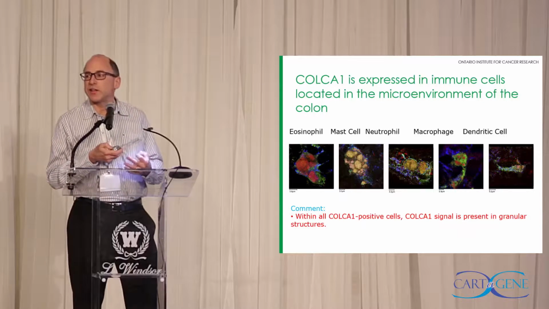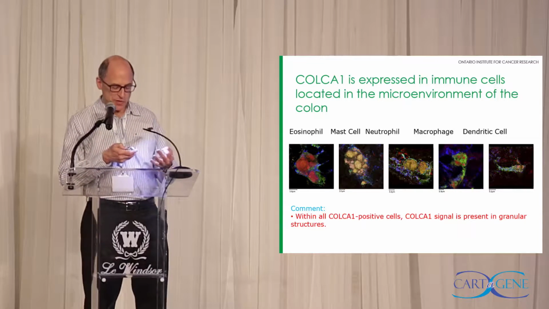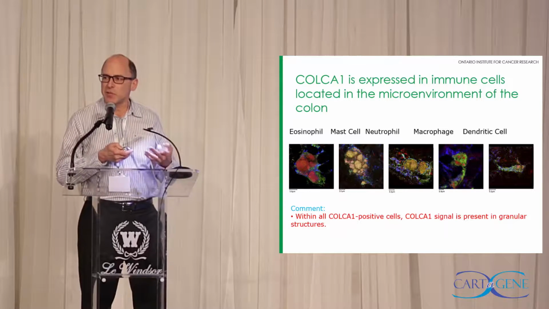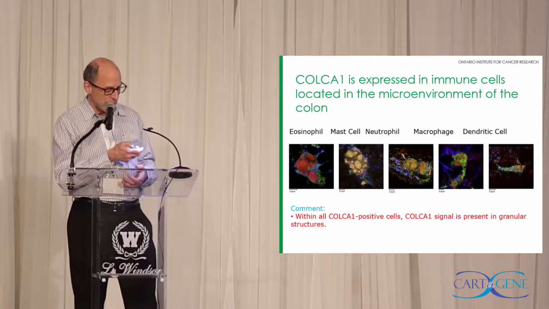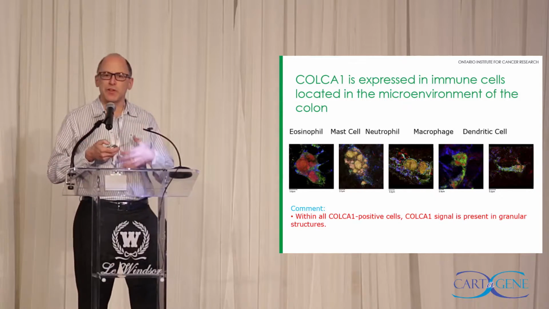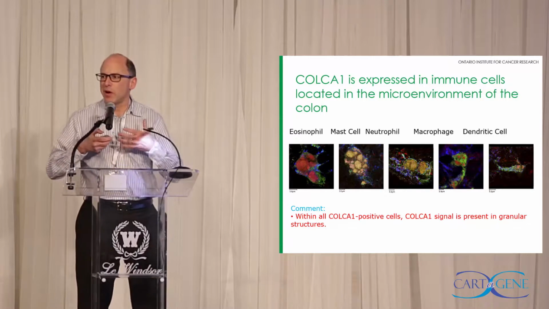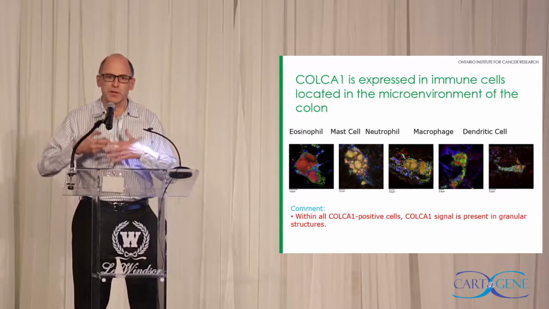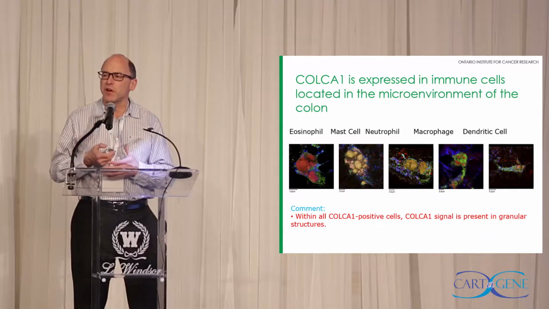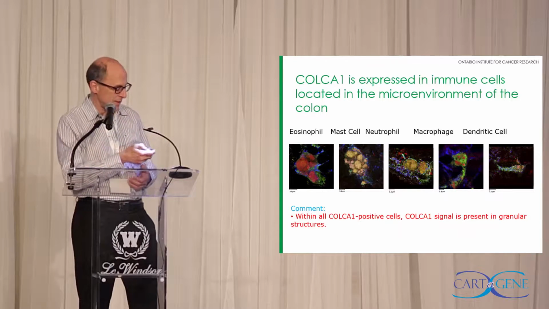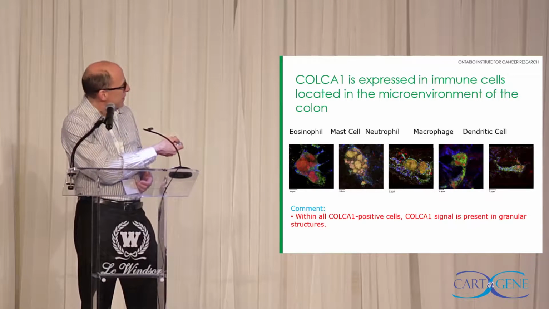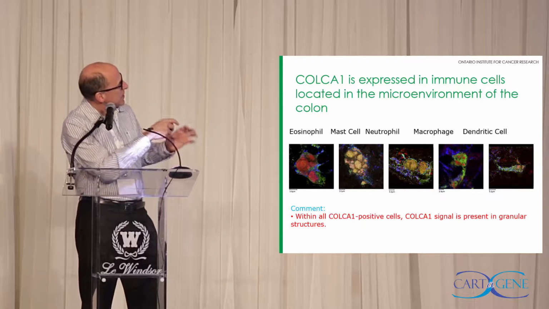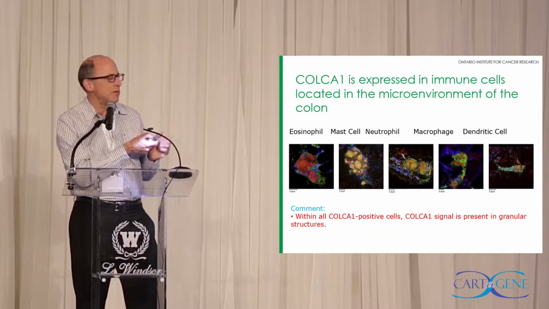When we started studying this first protein, we got antibodies. We actually discovered it wasn't in the tumor cell, it was in immune cells in the gut. Half of the eosinophils, a type of white blood cell in our body, are in the gut. They're very important. There's a lot of bacteria in the gut, of course, so we have a very sophisticated immune system in the gut. And this red here is in the granules of eosinophils. We see the red is actually COCA1, but we see it in mast cells, macrophages, neutrophils.